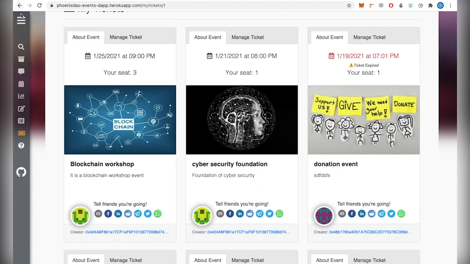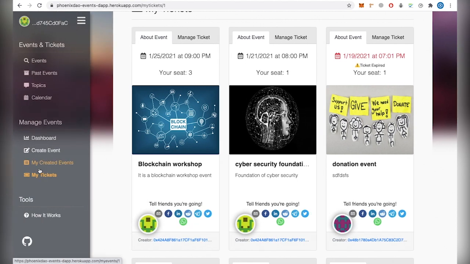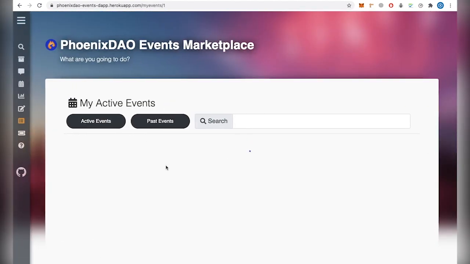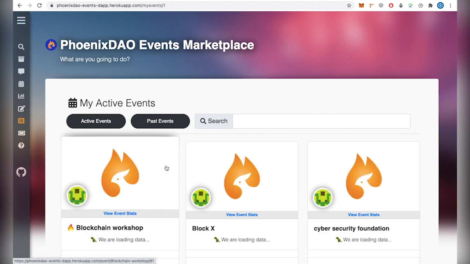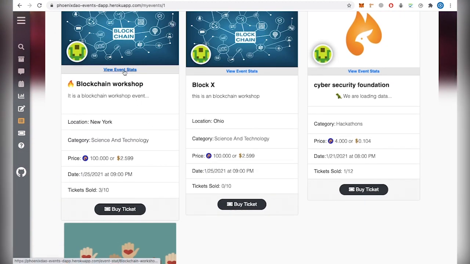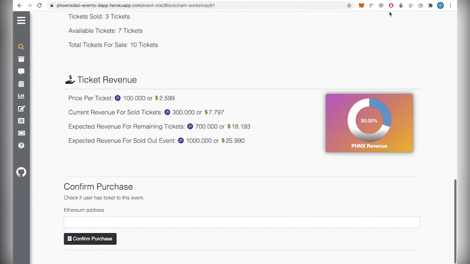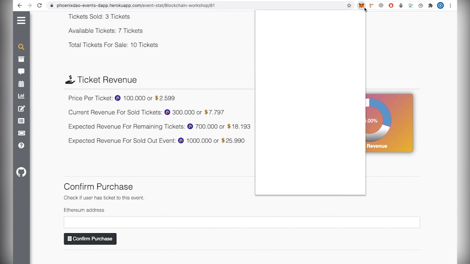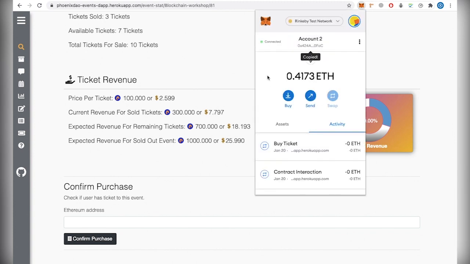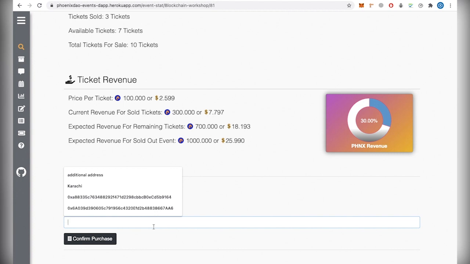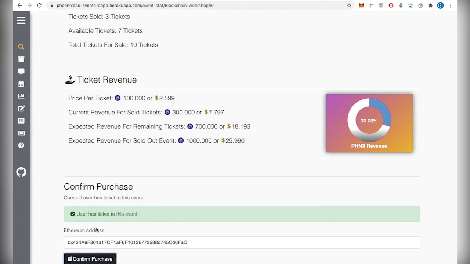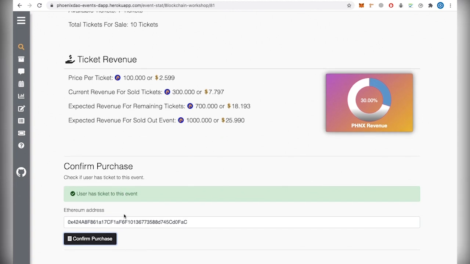Now if I confirm my purchase, it will tell me that now I have a ticket. Let's move back to an event that I have created and paste my public key here. And you can see that this user has a ticket right now. Before, when I checked, I didn't have the ticket, but after I bought the ticket, you can see that I just got the ticket.